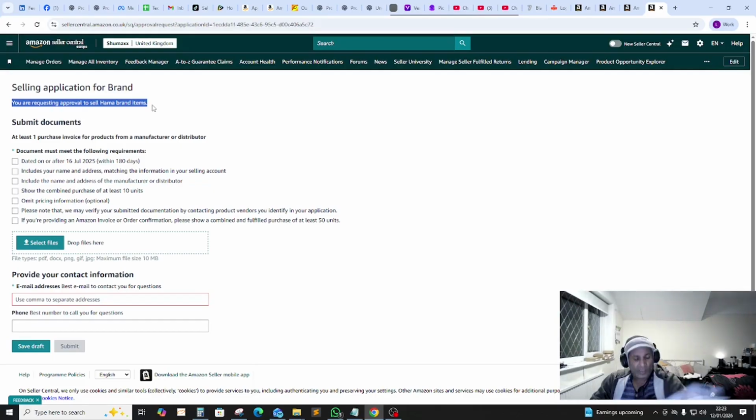So obviously Amazon is asking for some kind of information. Why do they ask for this information? The main reason is that in the past many sellers in the online markets used to sell fake products, like people can import from China and start selling fake products in the name of big brands.